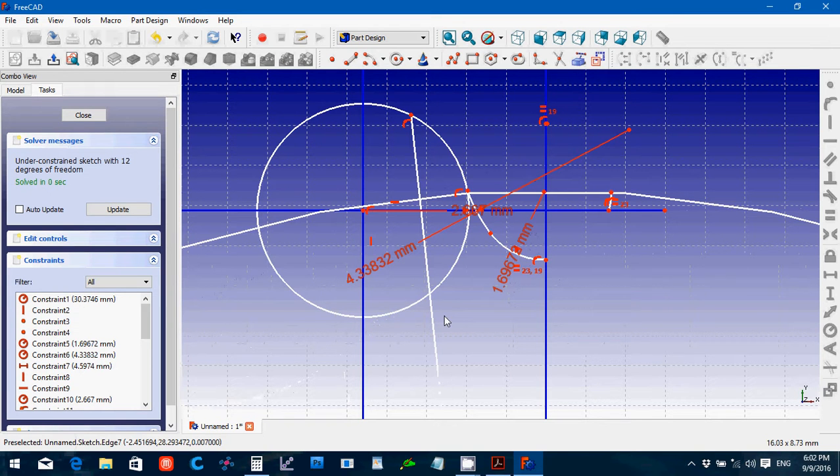And so, if we can, now this circle here, this piece over here is obsolete, we don't need that. And then we're going to want to